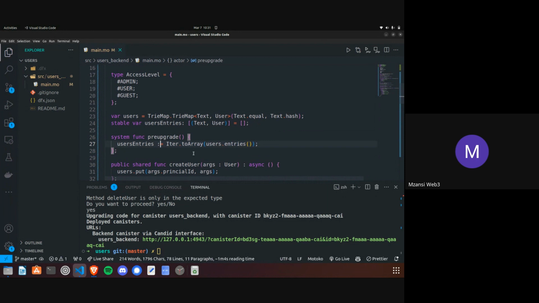Oh, you see what we're doing here? Before our canister upgrades, what we are doing is we are taking the users and using the iterator, converting the users to an array and then assigning them to the user entries, right? So that now our users are stored in stable memory. And then after the upgrade,